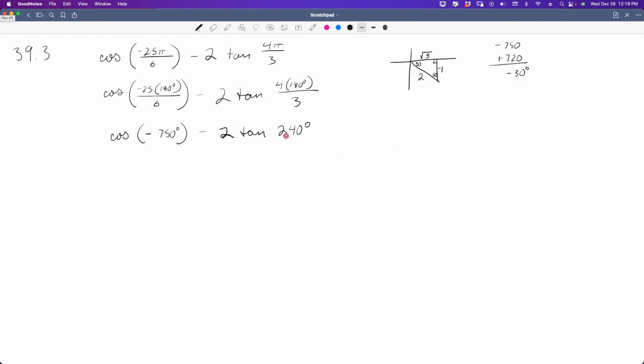All right, so let's do this angle. Actually, I'm going to go ahead and put him in here. This is the cosine. Cosine is CAH, so that's adjacent over hypotenuse. So the adjacent side is square root of 3 over 2. So square root of 3 over 2 minus 2 times whatever the tan of 240 is. All right, so we're going to find the tan, which is TOA,